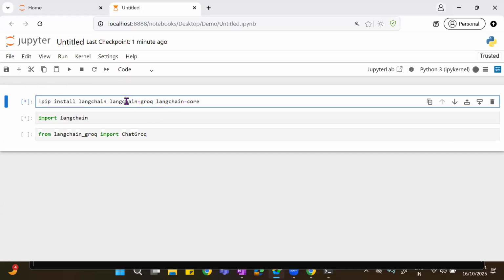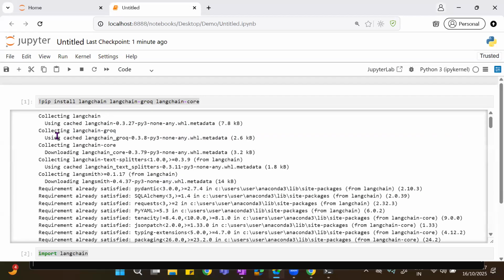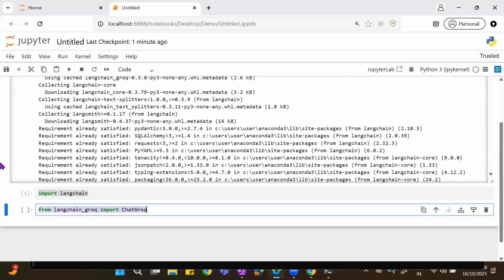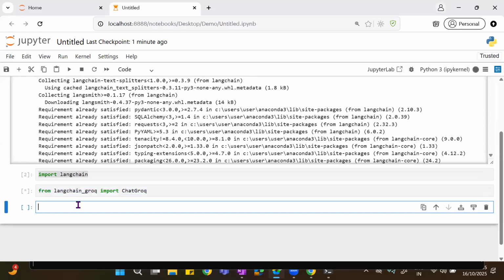This is the installation, and this is the import. It's done, and this one I have to execute. This one is also done.